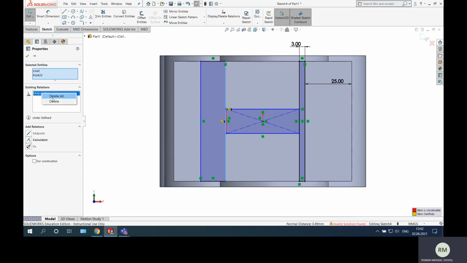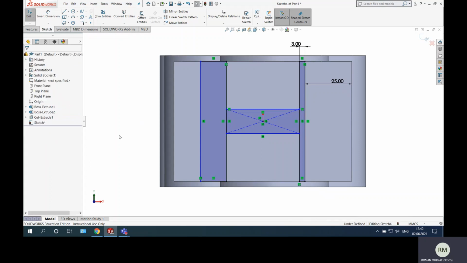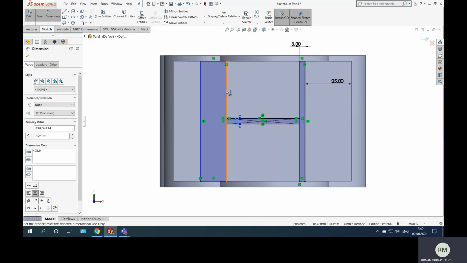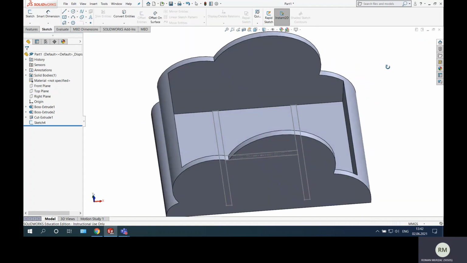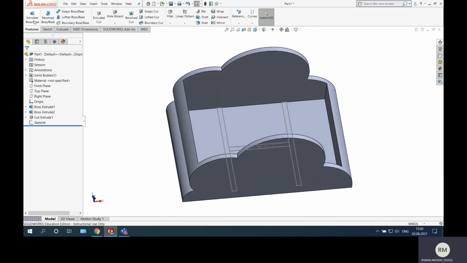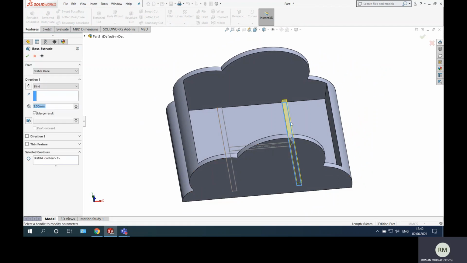not midpoint, sorry, coincident, yes, and say this should be 3 millimeters, this should be 3 millimeters, and that's it. That's my compartments. And just go to feature and say extrude to this one,